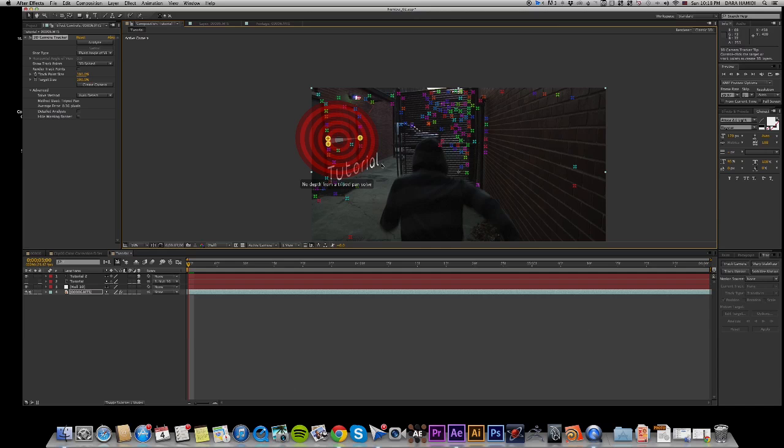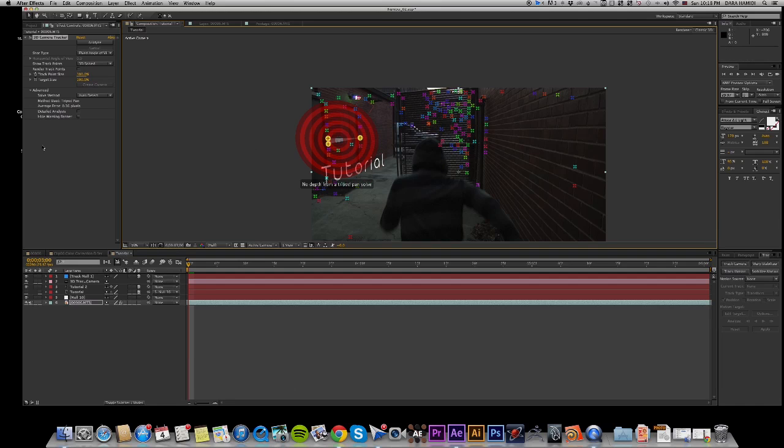Like this tutorial right now, we want a plane that is parallel to that, and then we're going to right click outside there and click on Create Null and Camera,